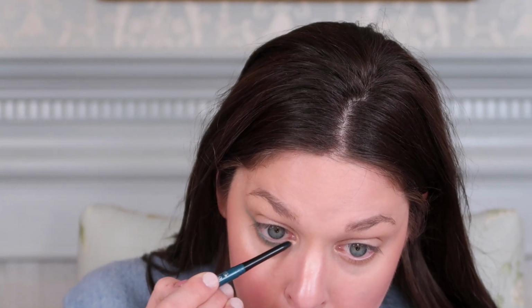I love smoking that out on my lower lash line because I think it's so fun, especially if I don't really have much going on the top. This is just Teal by Sephora, the retractable eyeliner, waterproof in the color teal. So, you know, you can apply this directly in your waterline, your lower waterline,